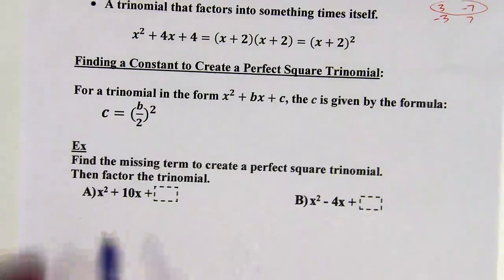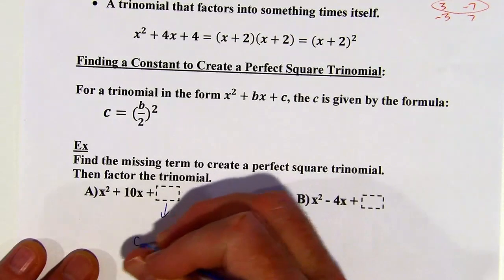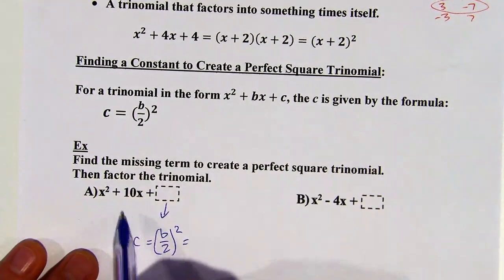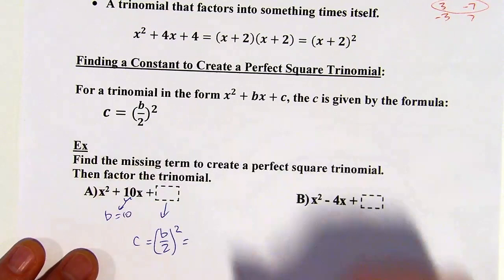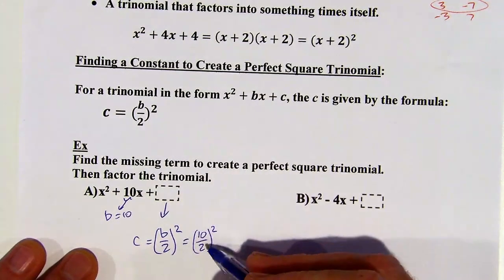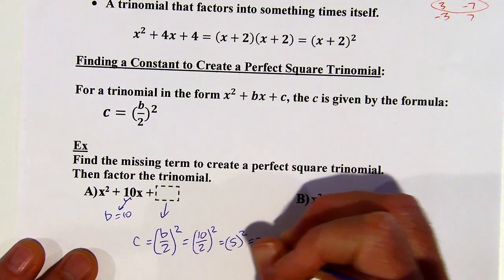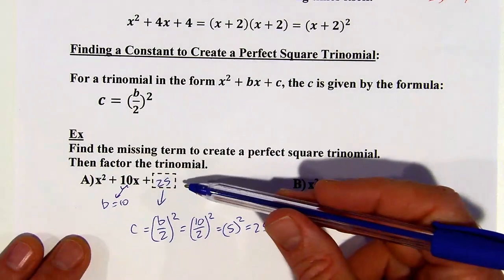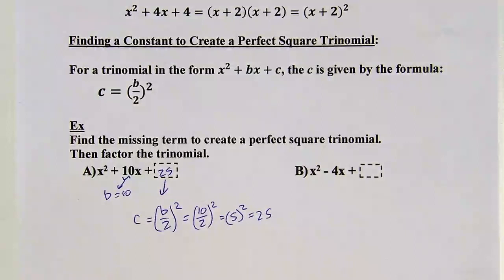So since these both begin with x squared, I can say, okay, c is going to equal b over 2 squared. The b is going to be the coefficient of the x term. So in this case, it's going to be 10 over 2 squared. So I'm going to do the division first. 10 divided by 2 is 5, and 5 squared is 25. So that means 25 is, I call it the mystery number sometimes, but that's the number that's going to create a perfect square